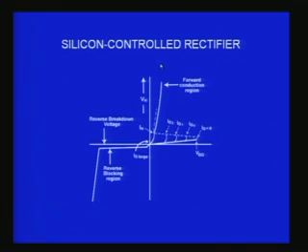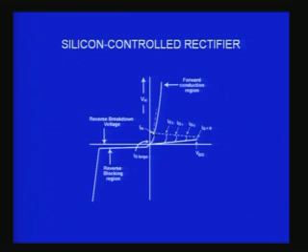Now when I want to switch off, I will bring down this anode-cathode current to a very low value, below a threshold which is called the IH, or the holding current. When I bring it below the holding current, quickly you would find it will come from this point to this point. If I only increase the resistance in the circuit, the voltage will remain constant. So now if I apply 200 volts, and the SCR is on, across the SCR there